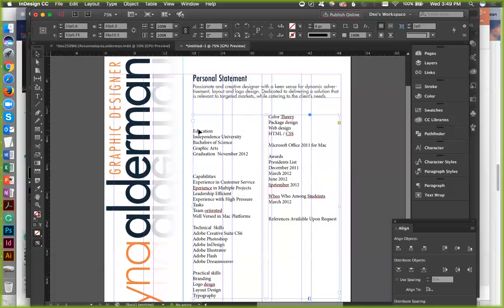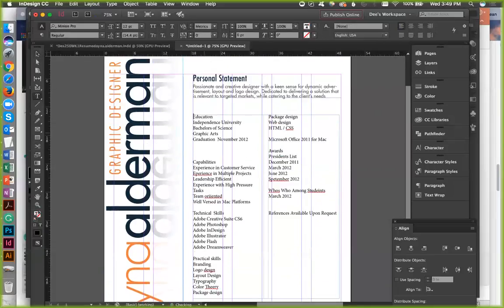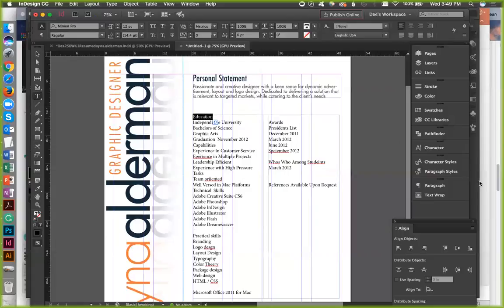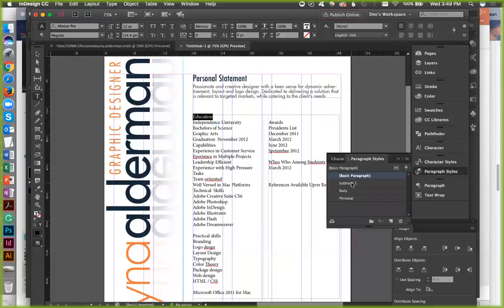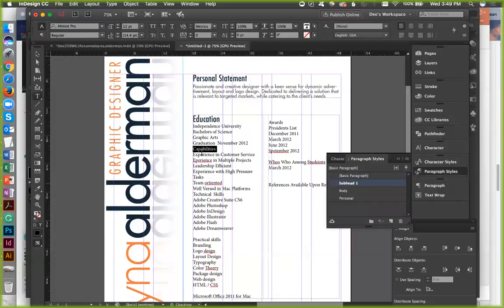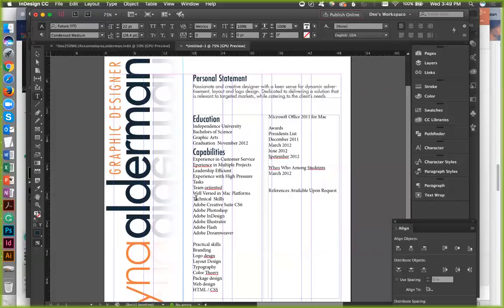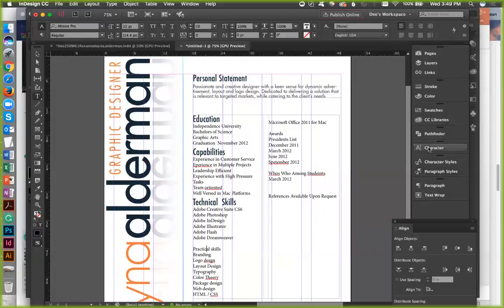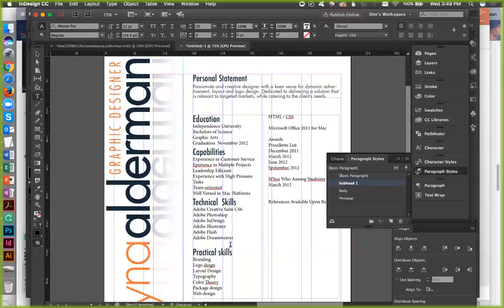All right, so I'm going to delete all the extra spaces because I'm going to dictate how many spaces I want below my subheadings and such. So I'm going to go to paragraph styles. I'm going to subhead 1. I'm just going to go to capabilities. I'm just going to do these right now so I know where I'm supposed to begin and end when it comes to my subheads. Okay? That way I can just look and say, oh, okay, this is this, this is this. I got to make a subhead 2, so I'm going to right click.